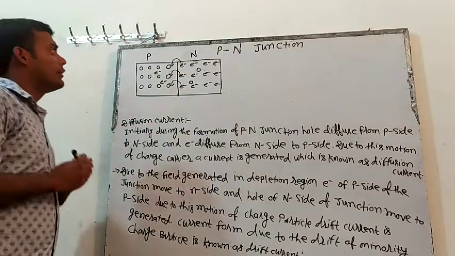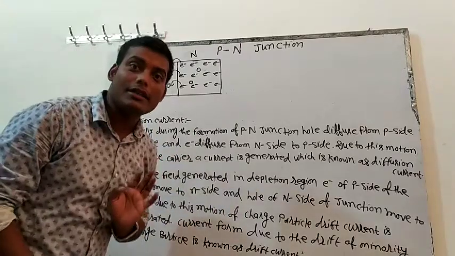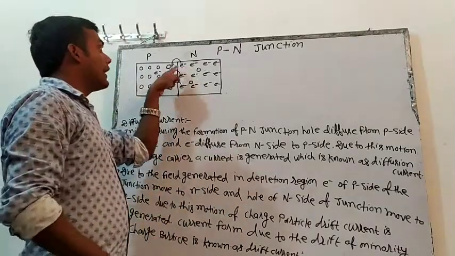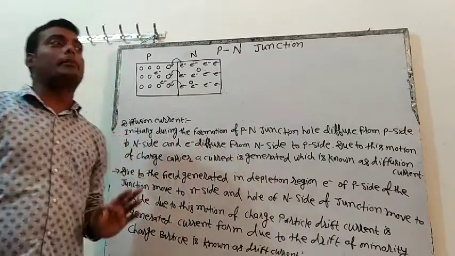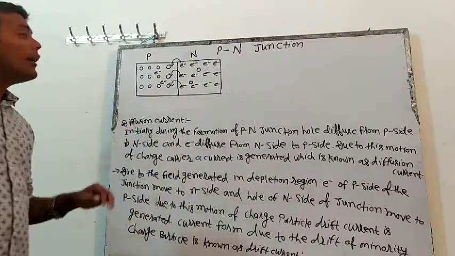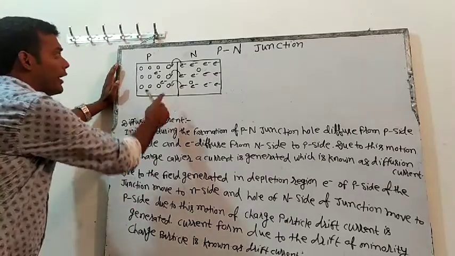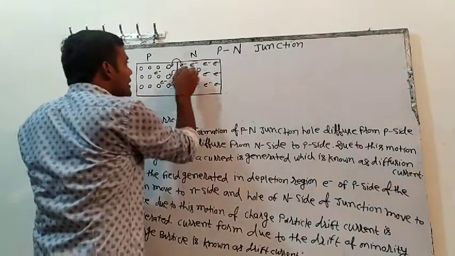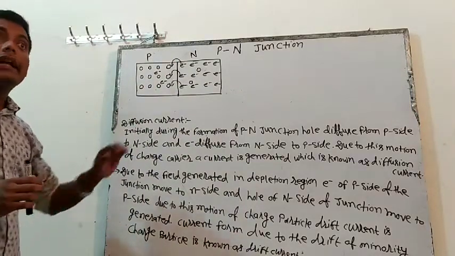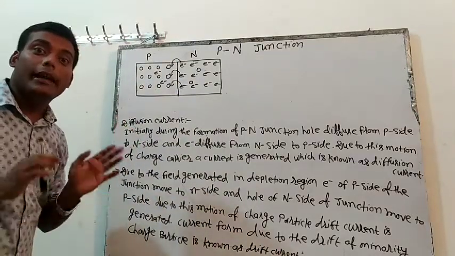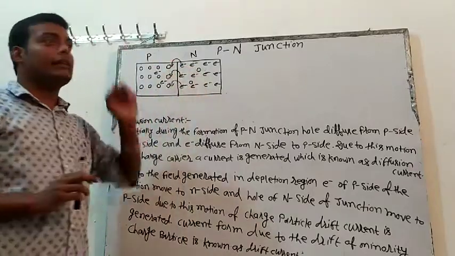Now the question is that, will it go? I will say yes. Because this is negative charge and hole has positive charge. So there will be a natural attraction between the two and it will go. But this first layer is going. Can I say that second layer will also go? So I will say, second layer can go, but only if it has energy.